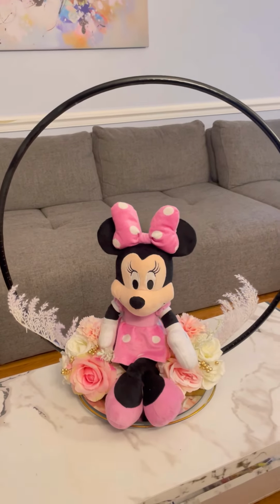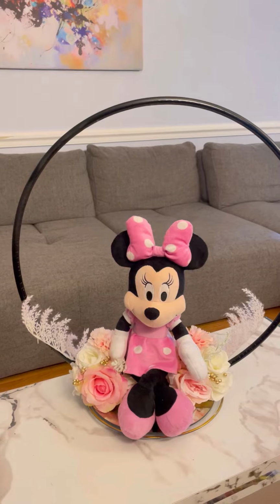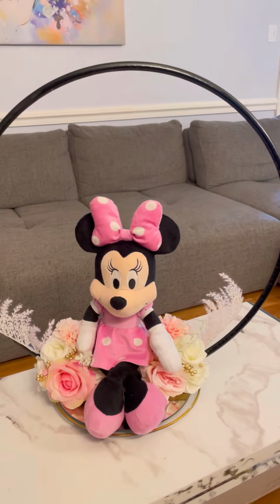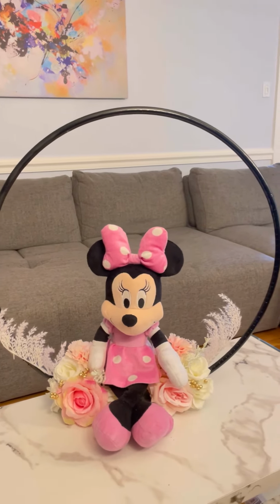And this is how beautiful, you guys, it turns out. So simple, so easy, and so cute that you guys can do at home. And the good thing is that it's not that expensive, and you can do it for any party theme decoration. Just switch the Minnie Mouse to whatever theme you guys are doing, or switch the flower,